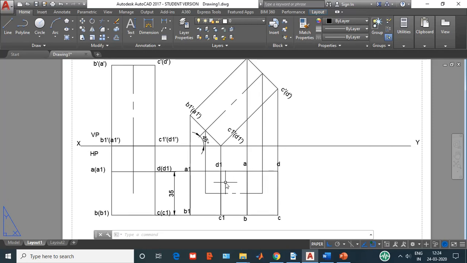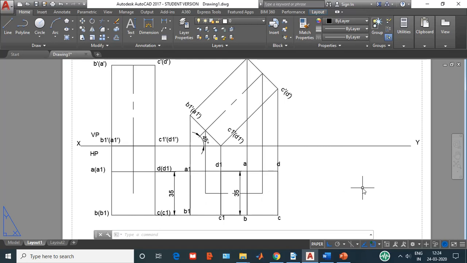You need to check the length of C1 D1 because CD is the bottom face. Here you can see C1 dash D1 dash is resting, so this is the bottom face. The corresponding bottom face in top view is C and D. Obviously this length will also be equal to 35 because this is directly projected over here. Let me show it for your reference. This length is also 35. So the original length and the apparent length of CD are both the same. When both lengths are the same, you don't have to find the apparent inclination beta.